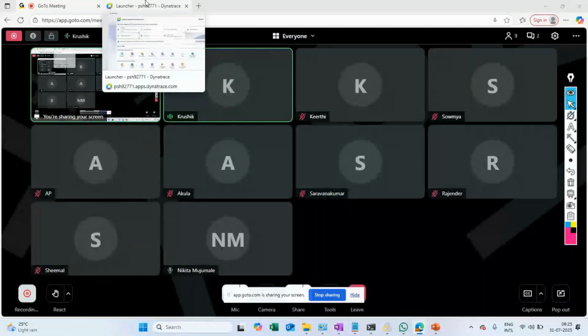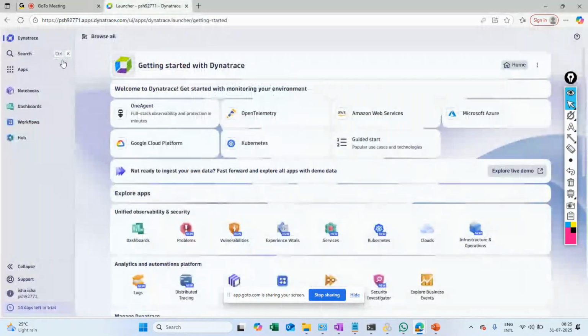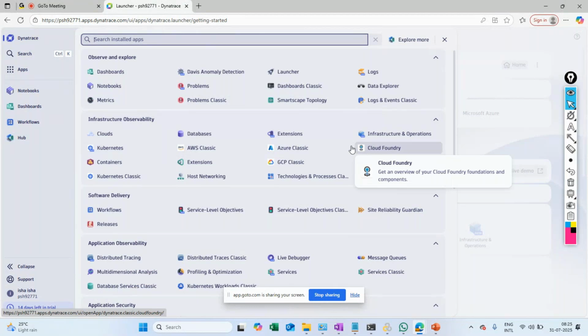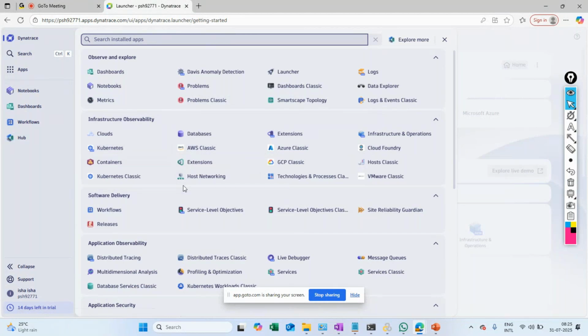Okay. Now, because you asked about the cloud environment, if you see this, this is Dynatrace. If you go to apps here, if you want to monitor how the cloud architecture works, you can go to, I mean, if your server is hosted on any of these cloud instances, you see GCP, Azure, Pivotal Cloud Foundry, AWS. In fact, you can also have Kubernetes, OpenShift containers like that. So if it's a normal on-prem server,